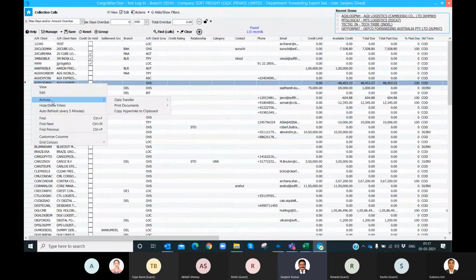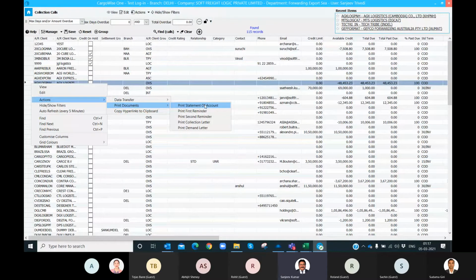Suppose there is any outstanding against this party, and if you want to send first reminder, second reminder, collection letter, any, or we can print statement of account from here as well against this party.